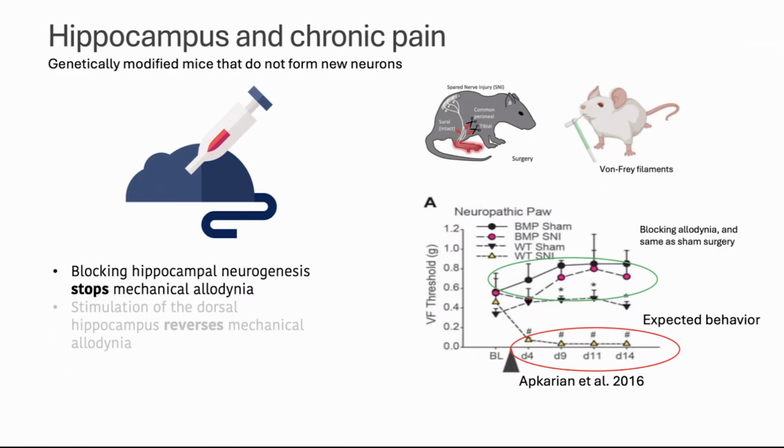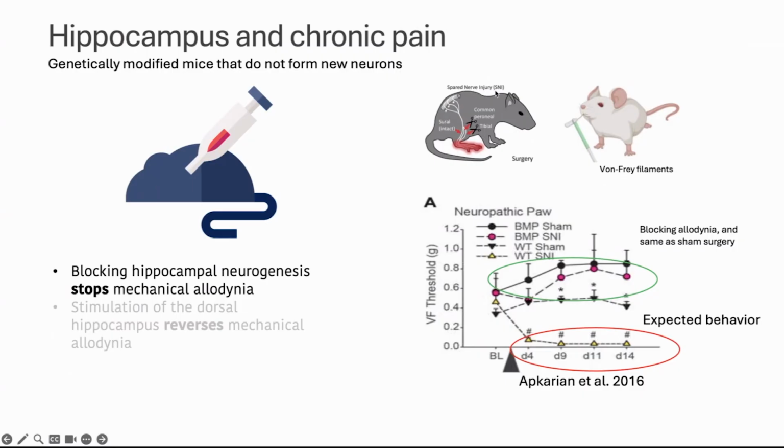So the hippocampus is a very unique structure because it is the only structure in the brain, as far as we are aware, that is able to create new neurons. And it is thought that the creation of these new neurons is associated with the ability to consolidate new memories. So we can actually use genetic techniques to stop this process altogether, so to stop and block neurogenesis, so the formation of new neurons.